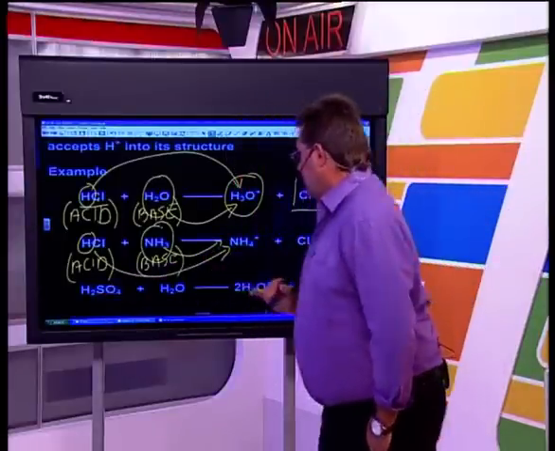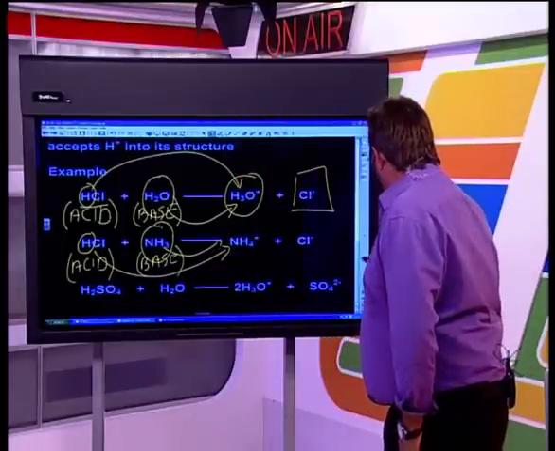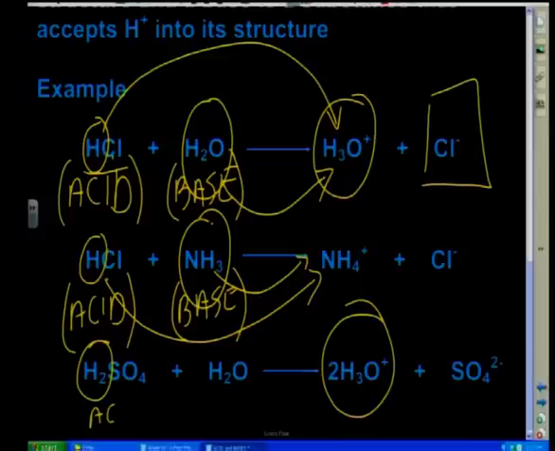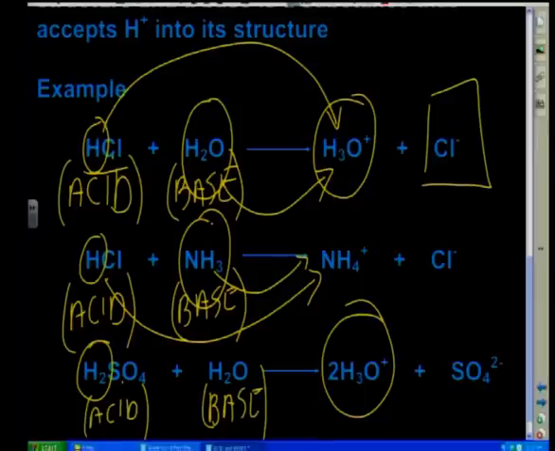Right. Now, let's see what's happening over here. H2SO4, exactly the same thing. However, two protons to form two oxonium ions. So there, that must be my acid again. And this, again, is accepting to form my hydronium ion, which is going to be my base. And we've now got two hydronium ions, and there's the residue, the sulfate ion from the sulfuric acid.